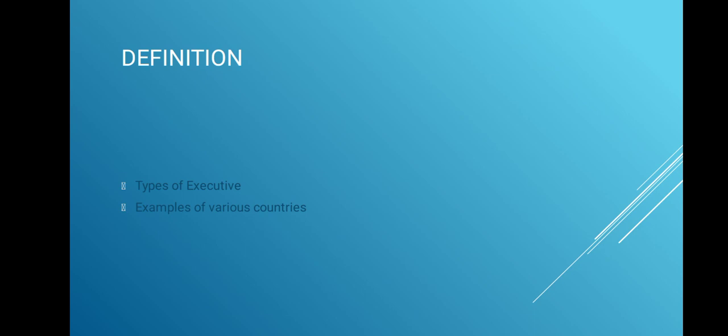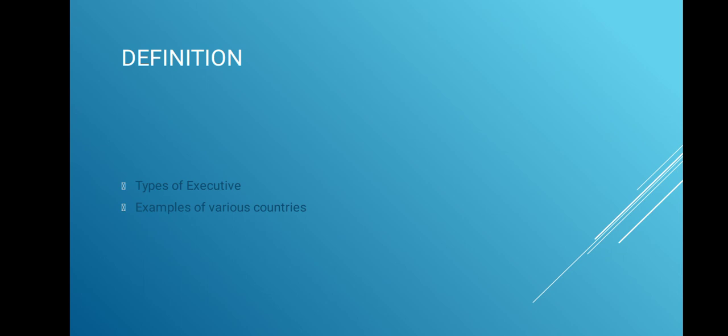In France, the president and prime minister both are a part of the system. The president appoints the prime minister as well as ministers, but cannot dismiss them, as they are responsible to the parliament. In Japan, there is a parliamentary system where the emperor is the head of the state and the prime minister is the head of the government. Now, try to find out the name of the Prime Minister of Japan.